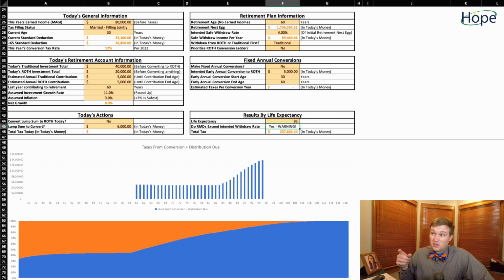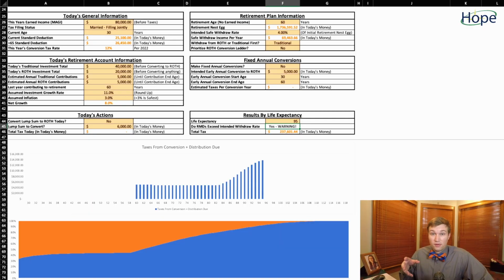And in this answer, it says yes right now. Warning. Well, this couple wants to take 4% out because that is what they believe is going to leave them at acceptable levels of risk for not running out of money in retirement. However, the IRS on the traditional money, their traditionally invested retirement nest egg, they're going to impose required minimum distributions,